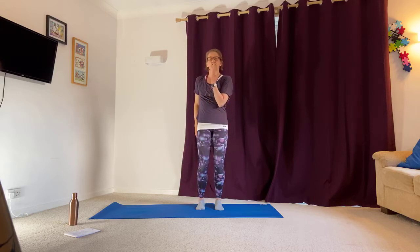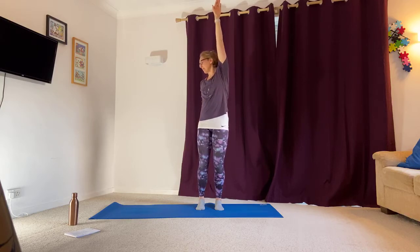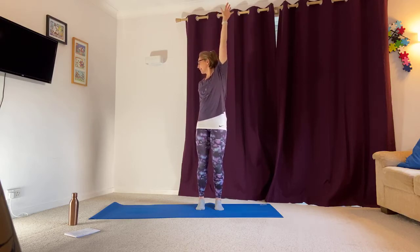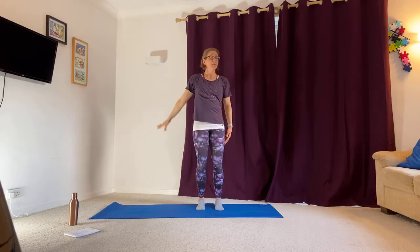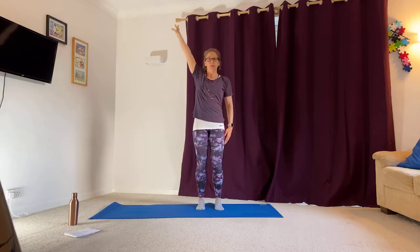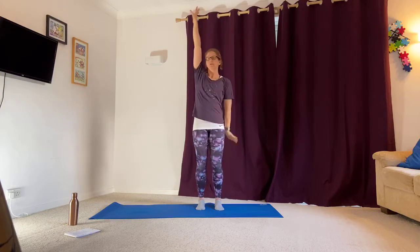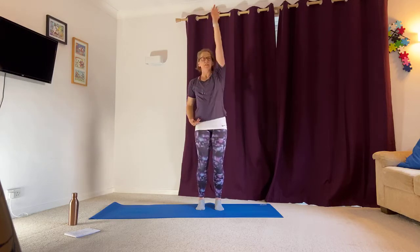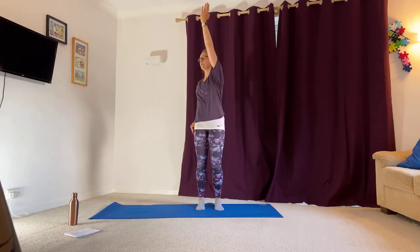So little finger traces up through the middle of the body, twists at the top, imagine I'm grabbing onto a cliff edge, looking away, and sweeping it down. And we're just going to keep going with that movement, gently and gradually increasing the speed, but just making it a little bit more fluid. So we're getting some twisting through the body, and we're going to go a little bit quicker so that it's a continuous flow. So as one arm goes down, the other one goes up, and it's almost a bit like a swimming-y kind of thing, where you're continuously moving